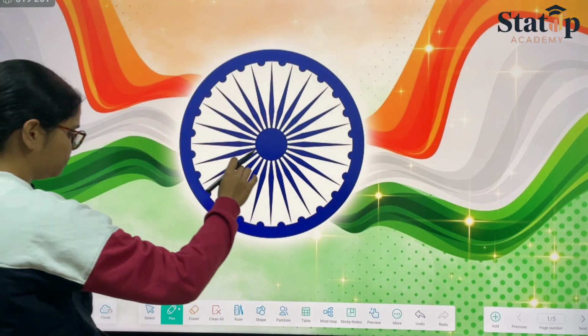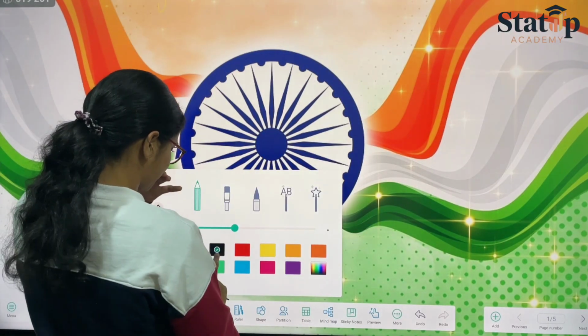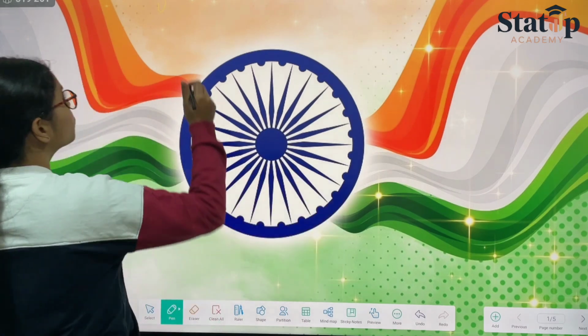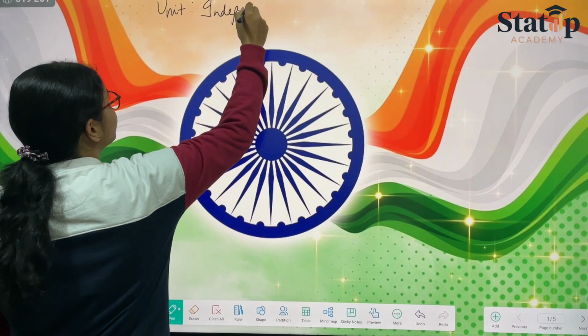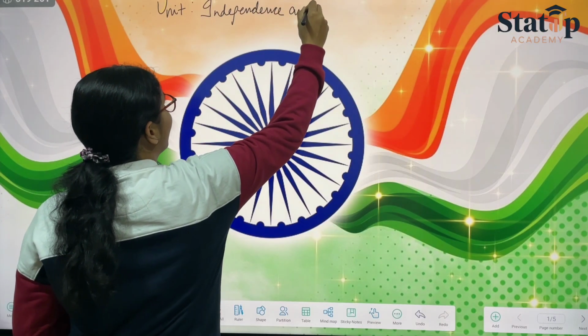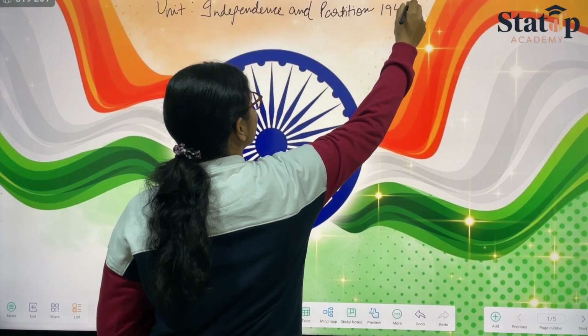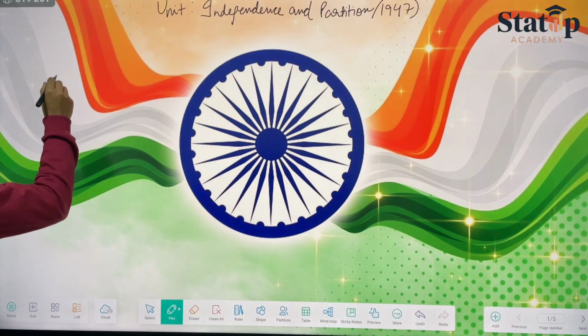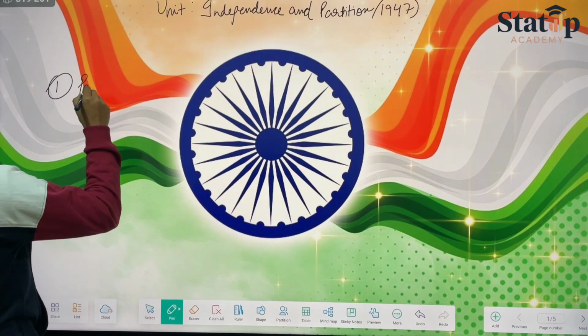Therefore, the unit for today shall be, you can write it as, okay, to make it visible, let's convert it into black. So we can write it as unit: independence and partition. Because when India gained independence, it was partition. It was split. So we have already read about the major split that we have seen. That was nothing but the split. We can say the partition